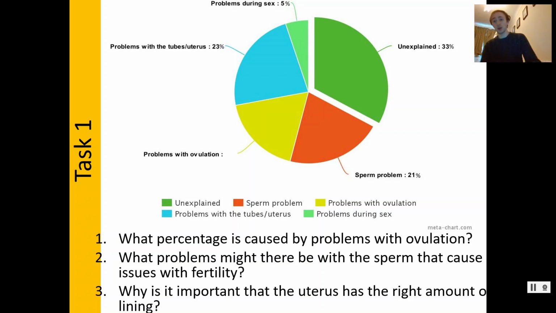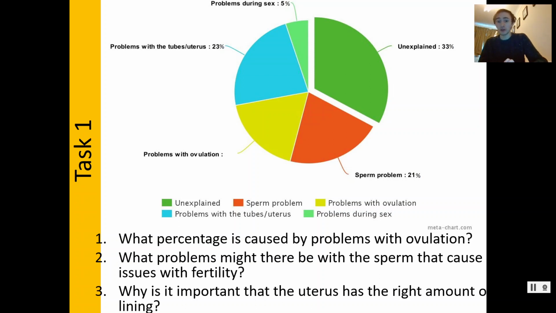And whilst that is an issue, and it's the biggest issue that men can have that could cause infertility, it's certainly not the biggest issue that causes infertility. Because in all honesty, the male system is a lot simpler than the female system, and so it's a lot less likely to go wrong.